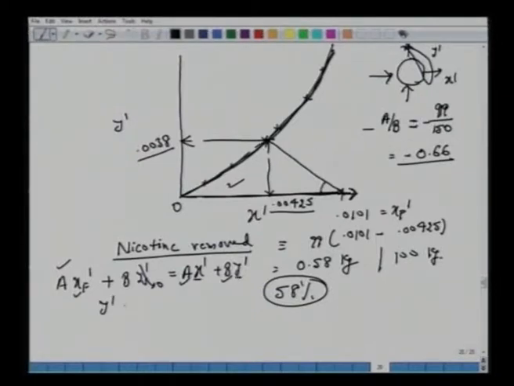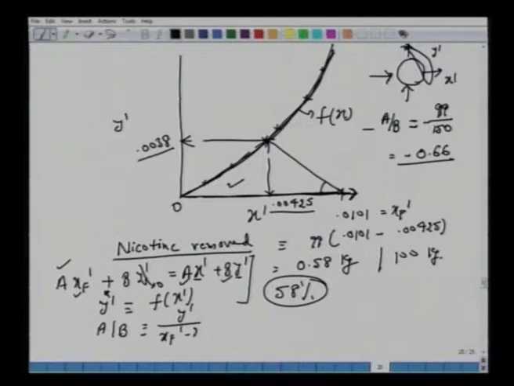So we have y dash and x dash in equilibrium, so they satisfy this equation, say this is fx. So we have this equilibrium star for this. Two unknowns, two equations. One can solve to obtain A over B, which is y dash over xf dash minus x1 dash. So same as what we have done graphically. You should be able to get the same results if we know the equation of this line here.